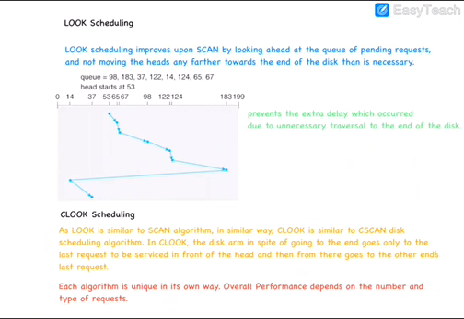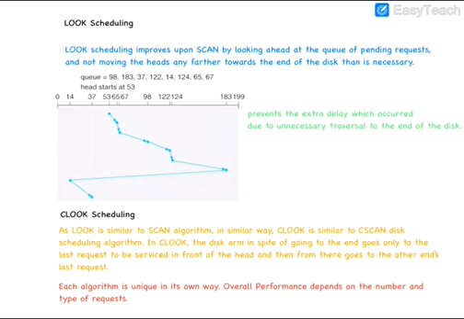This is what look scheduling is. That is, the pending requests are checked, and if it is the last one in that direction, the disk movement stops there and reverses. Here also we do not go to the end, we stop here and reverse. This is what look scheduling is.